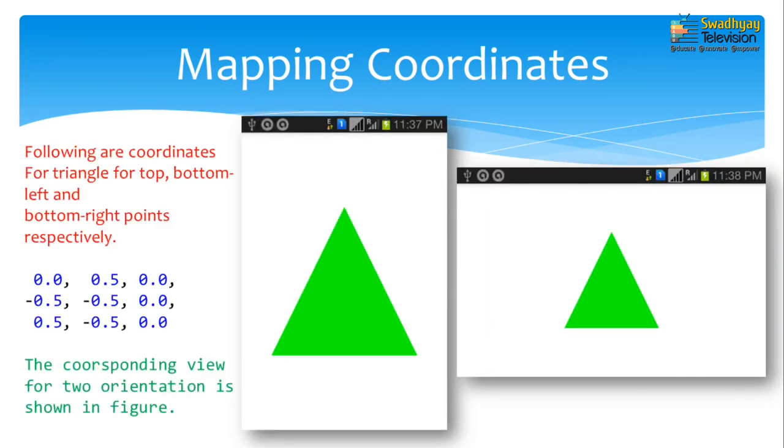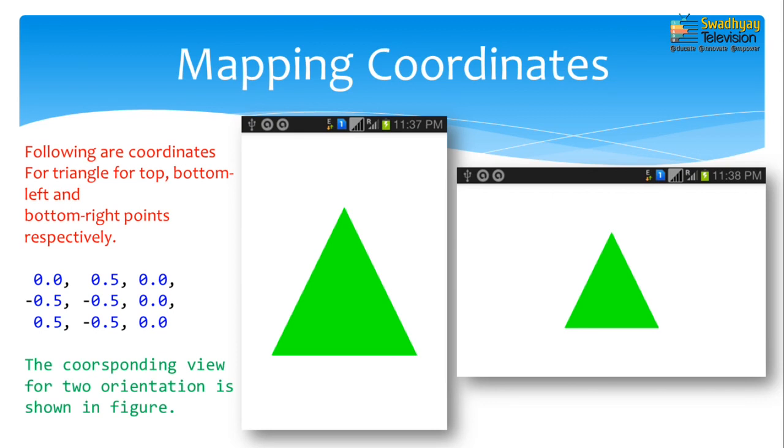The next is an example on a real phone. Here you can see in the first figure is our portrait orientation, where the shape looks like this, and when I change my phone orientation to landscape, my triangle is similar to that shown in figure 2. And here I use the coordinates shown in blue color in the figure.